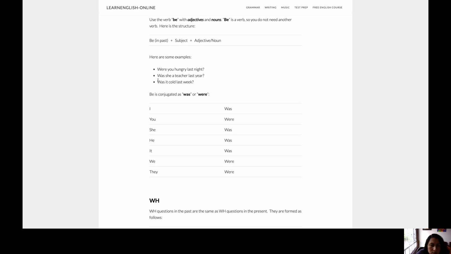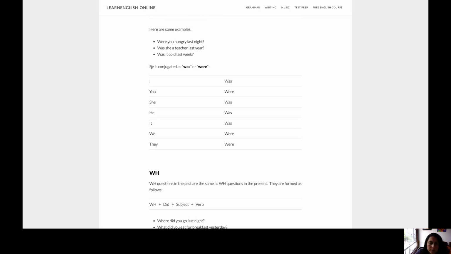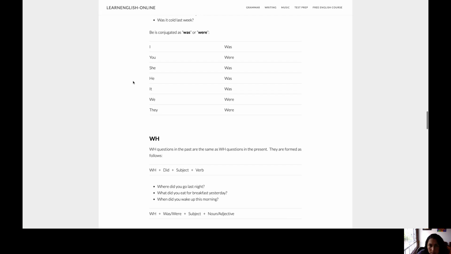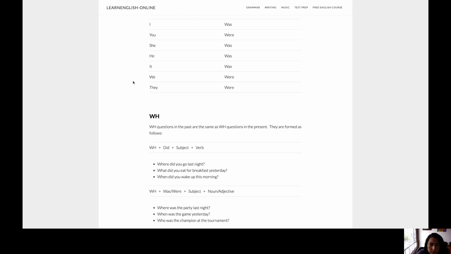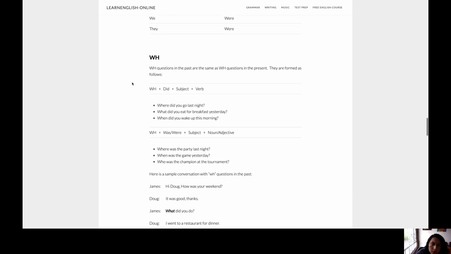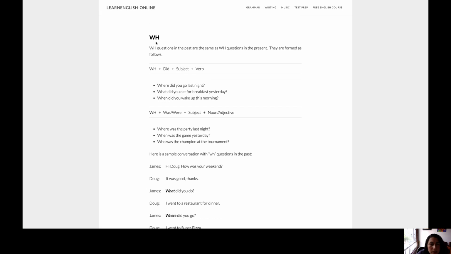So, remember that the superhero verb goes at the beginning of the question because it's a question. And in this case, we don't use did because were or was is our superhero verb, right? So, be is conjugated as was or were, as we already noticed previously. Okay, if we want to make questions with WH questions in the past, they are the same as